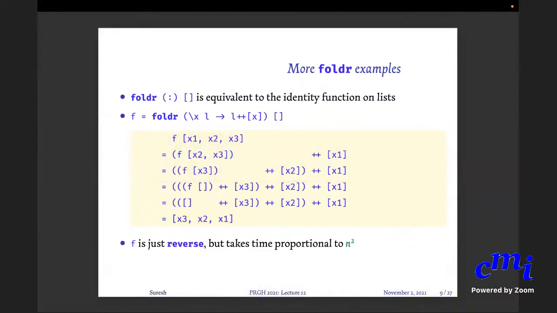Yes, we'll see how you can use the other fold, from the left, to actually get the usual fast reverse that we defined. You can get it using fold from the left. Okay. Here is another example. Concat. Okay, and foldr of plus plus with empty list, because you have a list of lists. You are combining those lists using plus plus. That's all there is to it.